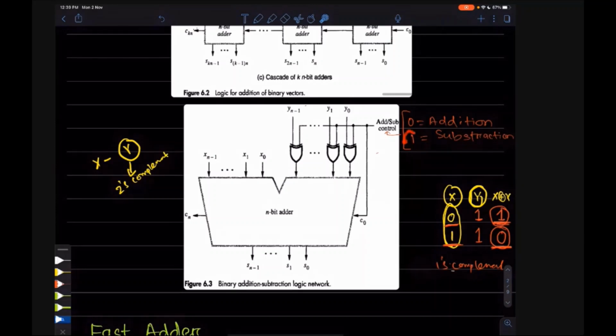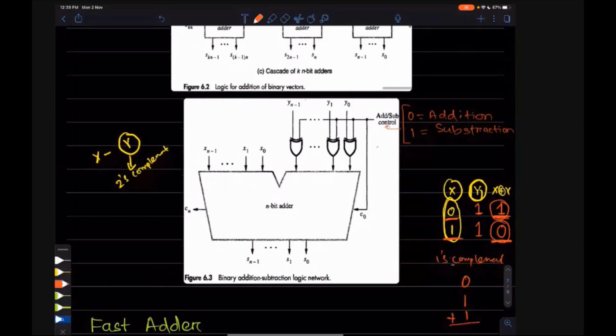And there, 1 is also taken as an input as C0. So whenever we are giving, suppose the y0 value is 0, it will be converted to 1 and plus 1 is added. Okay, so that means the 2's complement is done. Understood this concept or any doubt in this case?